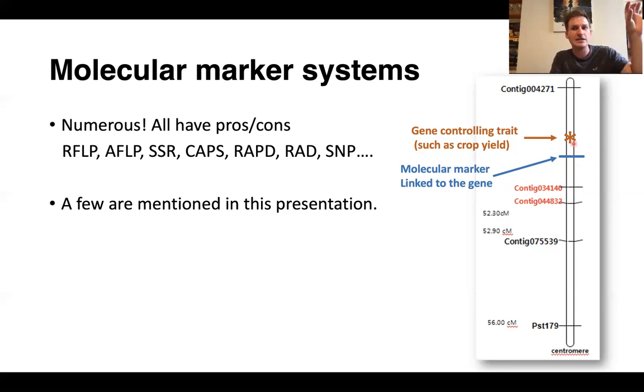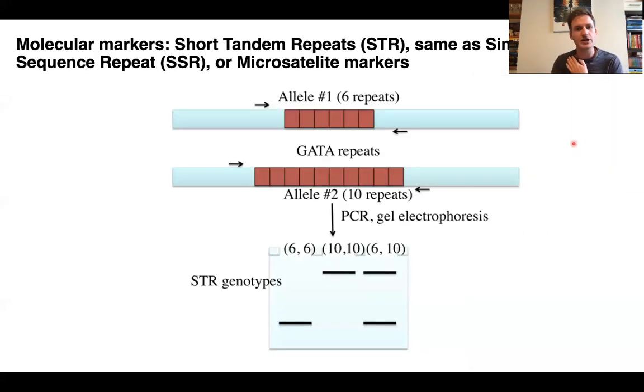It's because in subsequent generations through breeding, usually things that are close together on a chromosome get inherited together. But that biological phenomenon is useful for selection. So just as an example of a molecular marker, I'm just including this example of SSRs,